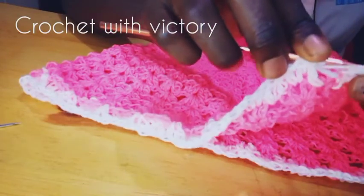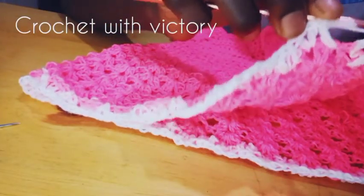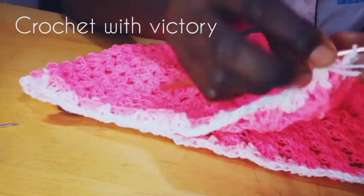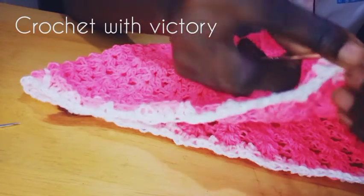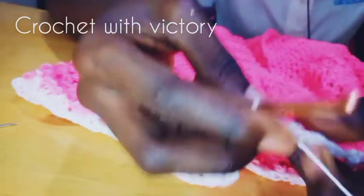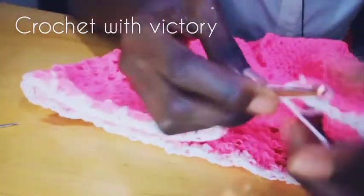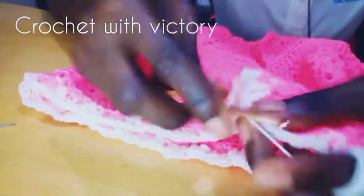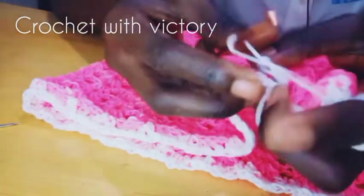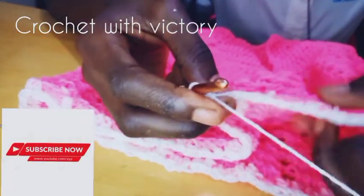how I finished this. I'm just going to come here on top of this chain, then I'll put a slip stitch to end this row. Then I'm starting a new row. I'm going to chain 3. Then what I'm going to do,